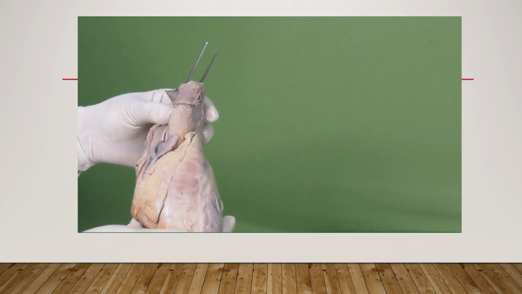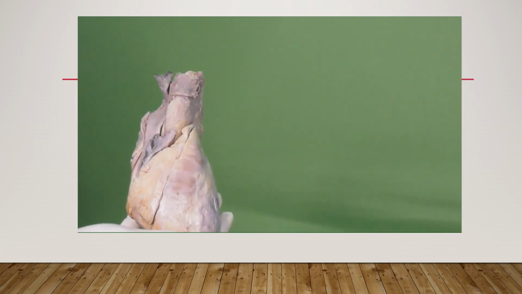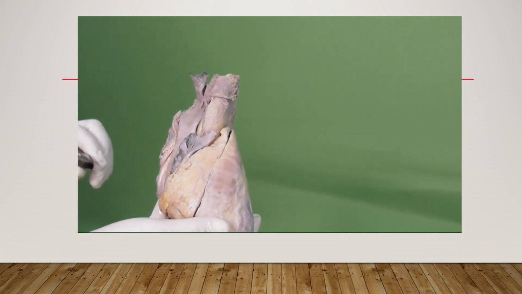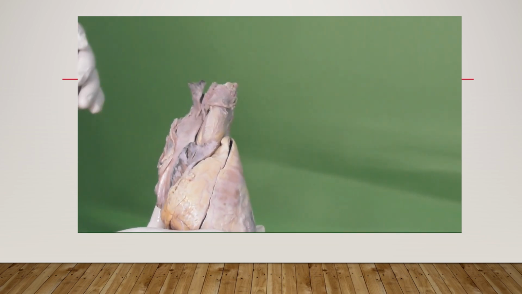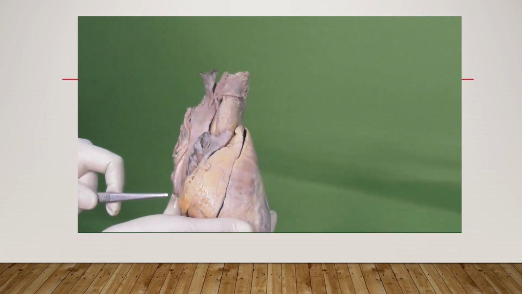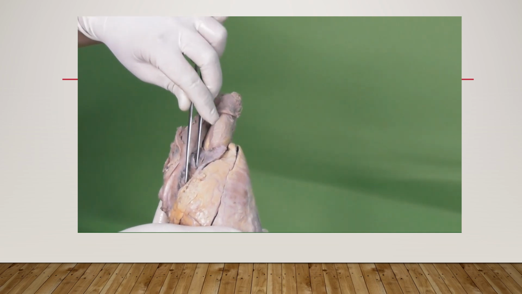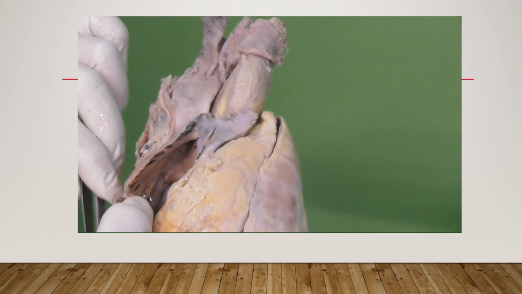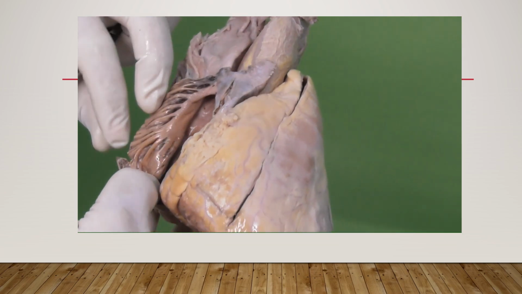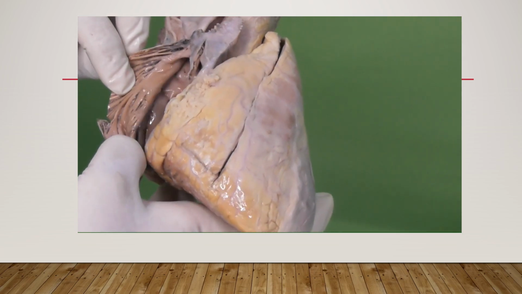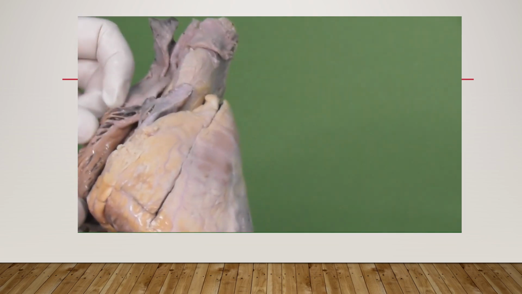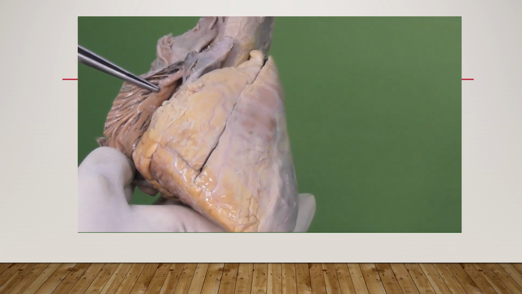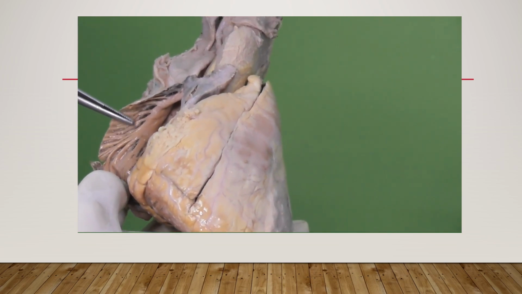Now we are going to discuss the interior of the heart. So first, seeing the internal features, we are going to see the interior of the right atrium. So this is the right atrium. For seeing the interior, we have taken a vertical cut extending from the superior vena cava to the inferior vena cava. After reflecting the posterior wall of this right atrium, we can see a vertical ridge-like structure which is called the crista terminalis.